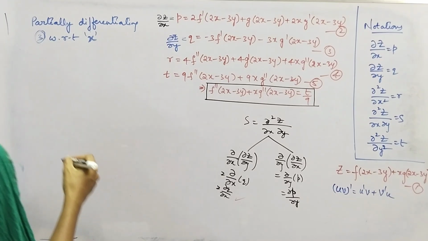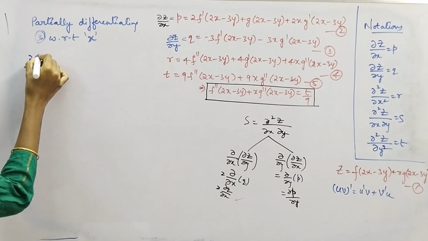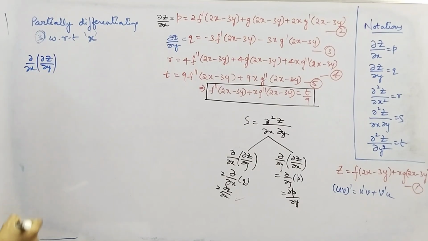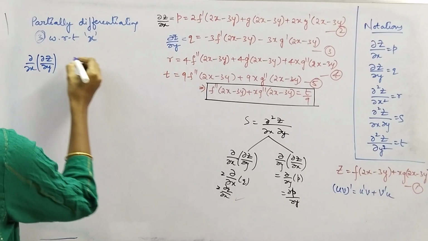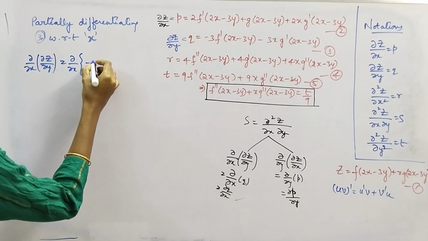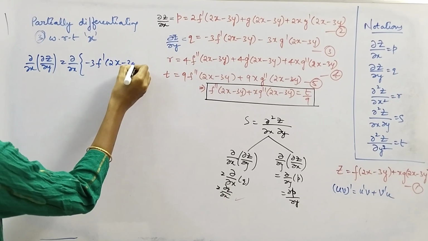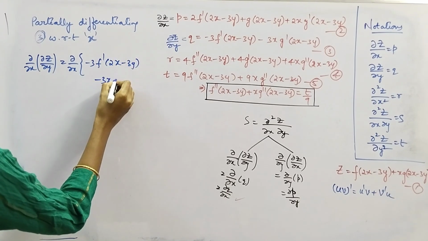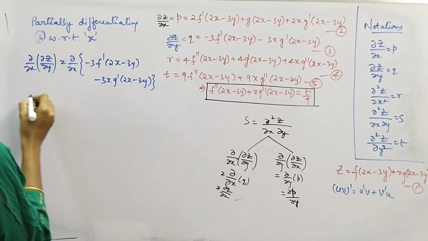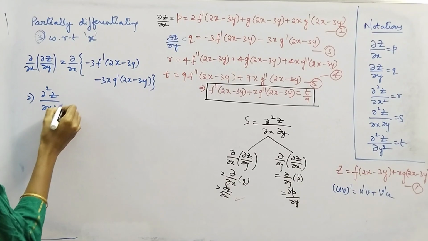Right, I'll just apply ∂/∂x on both sides of equation 3. Instead of taking q, I'll use ∂z/∂y equal to ∂/∂x of the RHS part of equation 3, which is -3f'(2x-3y) - 3x g'(2x-3y), right? And this gives us ∂²z/∂x∂y equal to, here we